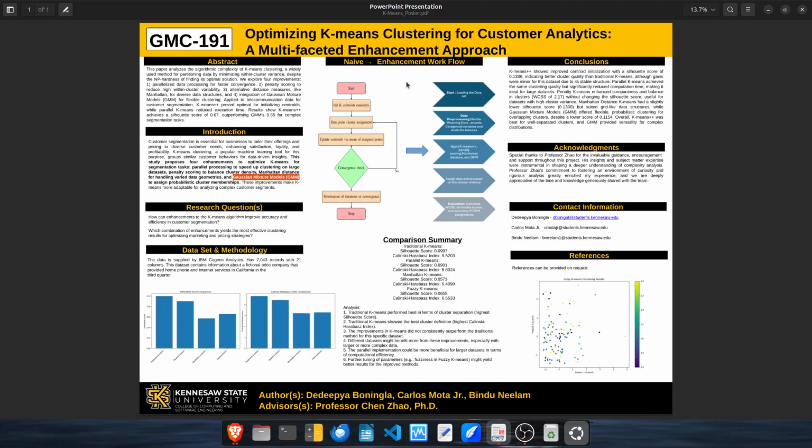So if we go to this middle section here, we can see the naive approach, which is pretty much a greedy approach, is an unsupervised learning technique where a lot of it depends on the data set itself. So just going through the algorithm, we initially have to pre-process and determine how many initial centroids that we want to go with. Aside from there, the next step is pretty much assign the data to a certain average, and then from there this just continues repeating until there is a certain convergence check, and that pretty much ends the